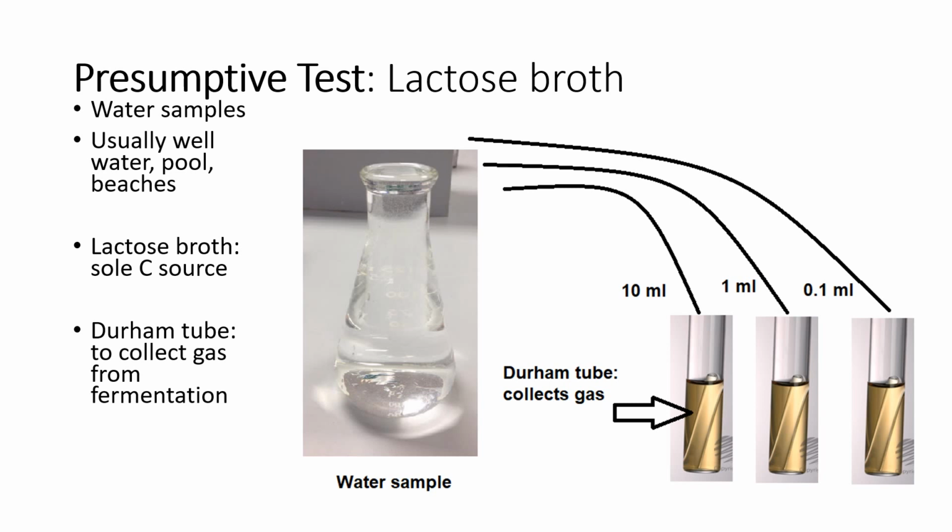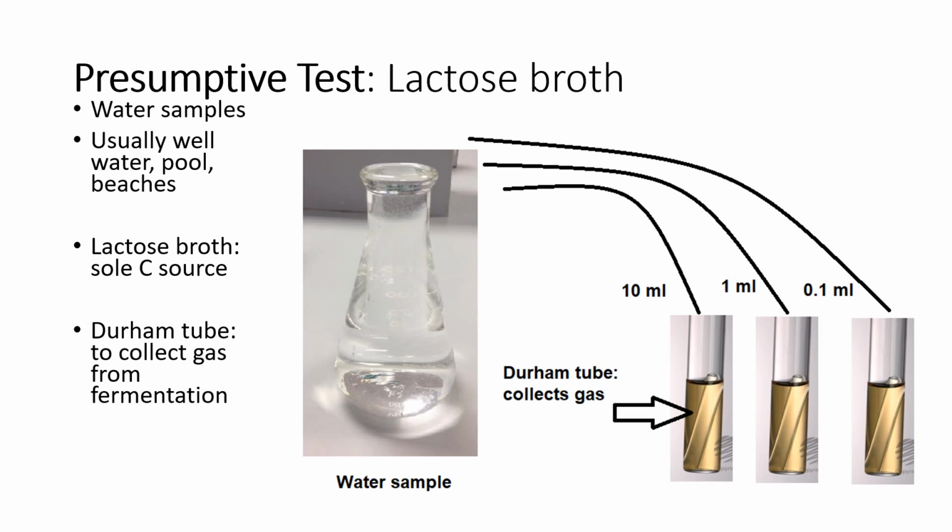And so we would take your water sample, and we would put 10 milliliters into the first, then 1 and 0.1. And this is kind of a way to do a little bit of a qualitative and quantitative analysis of your water sample. Remember, to be a coliform, not only would you ferment this lactose, but you would also produce